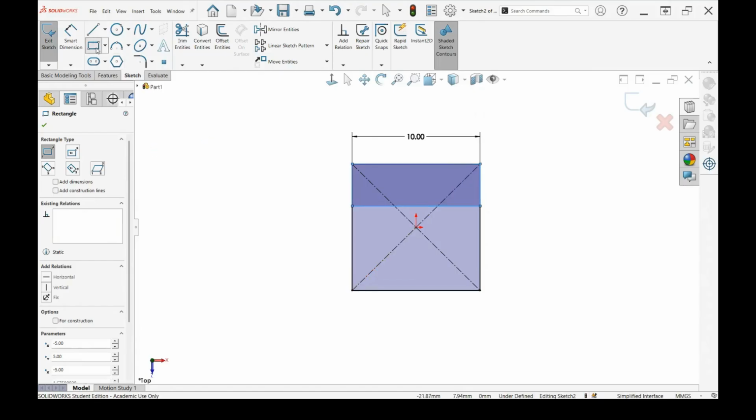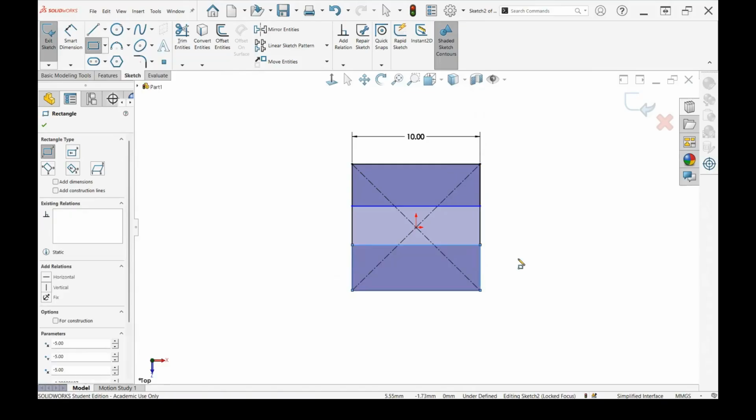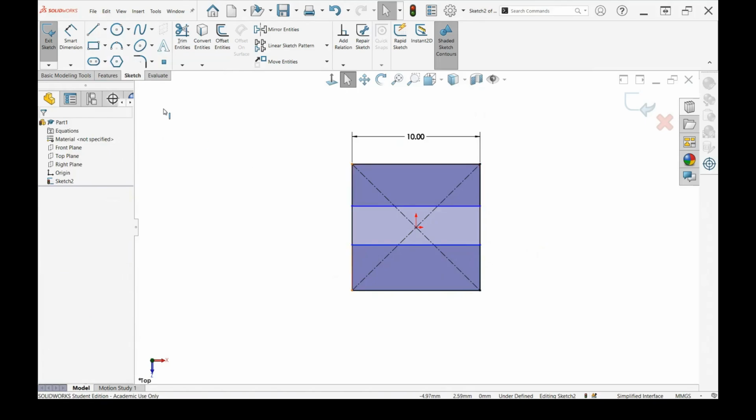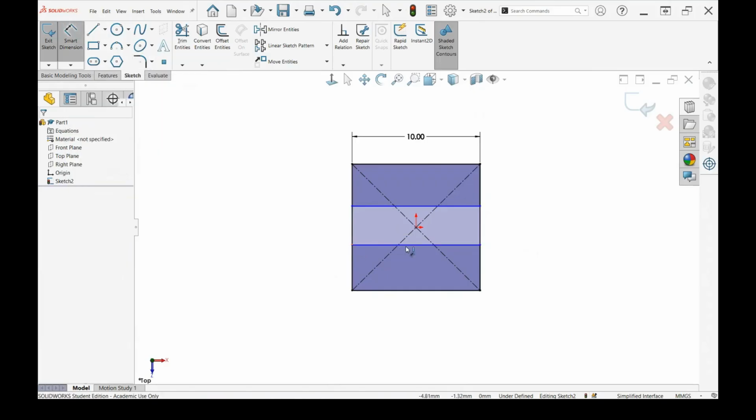And while I've still got corner to corner rectangle selected, I'm going to select bottom left and go to the right vertical line. You'll notice that I was not caring too much about the dimension that I just placed in there. The horizontal lines are going to remain horizontal because that's how we selected it as a relation when we created the rectangle initially.